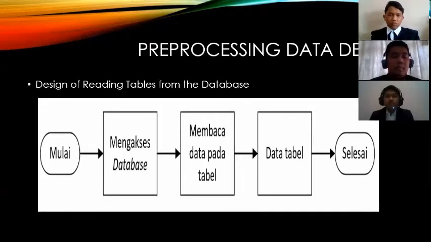Okay, the next is pre-processing data design. Here, we will read the database to get all of the tables from the database of cheese production, and with that, we can continue to process the data. And next,